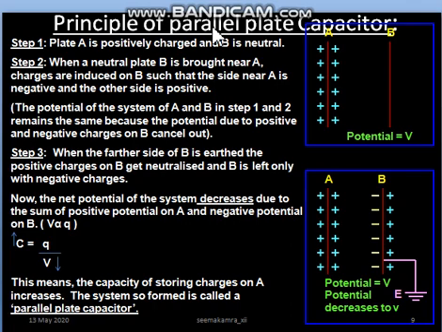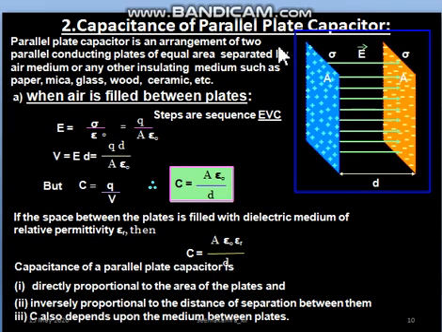Now the derivations of parallel plate capacitor include air filled capacitor, dielectric filled capacitor, and conductor filled capacitor. That means depending upon what is filled between the plates, we have the different answers for capacitance. So let us proceed. Now derivation of parallel plate capacitor for different cases. This is a major question of 5 marks in the board paper. So we will be here understanding for 3 cases. First case is when air is filled between the plates.